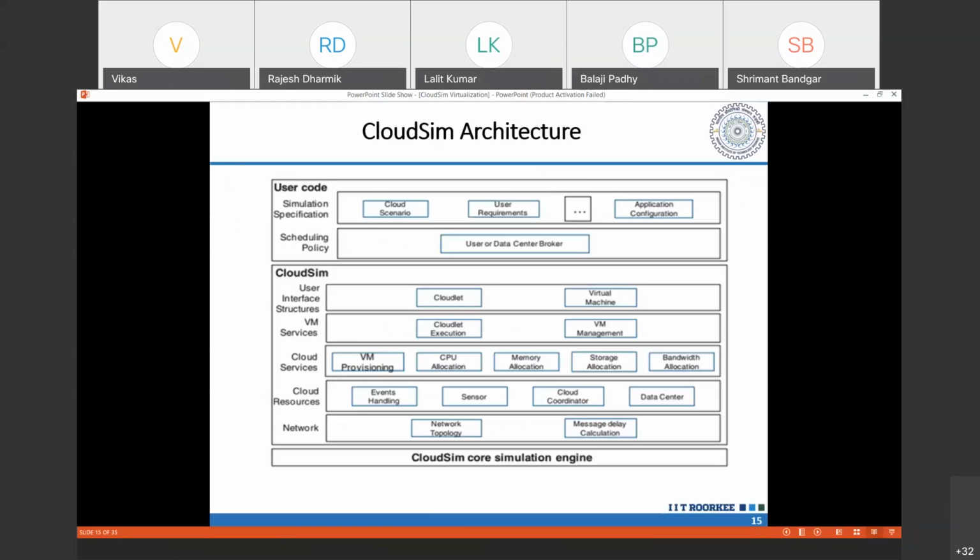So this is the basic CloudSim structure, where there are different layers for different purposes. Here the network layer supports network topology and message delay calculation. Cloud resources perform event handling based on the tag values. It supports the coordination between the clouds and data centers. Then cloud services: there are different provisioning and allocation policies for virtual machines, CPUs, memories, storage, and bandwidth. It defines the order in which tasks are executed and bandwidth or memory is